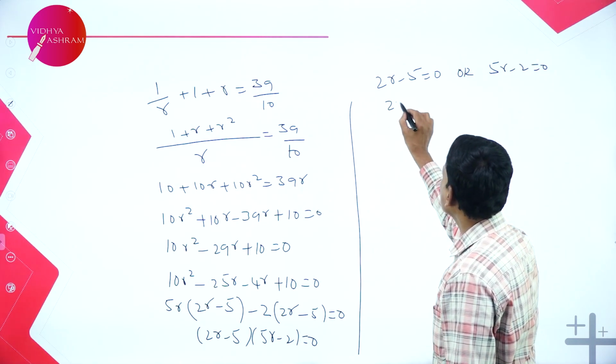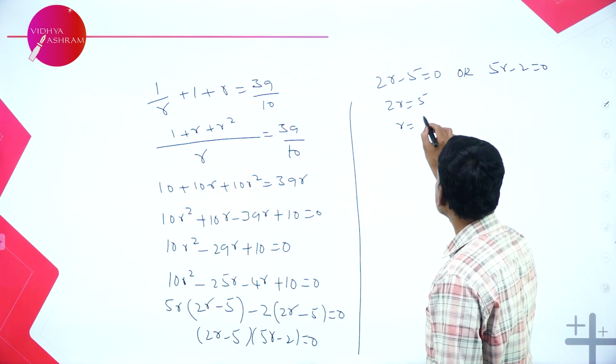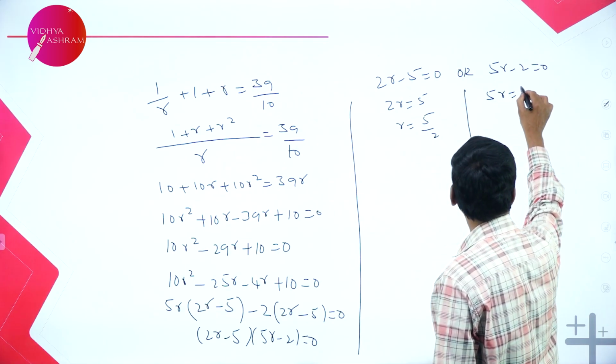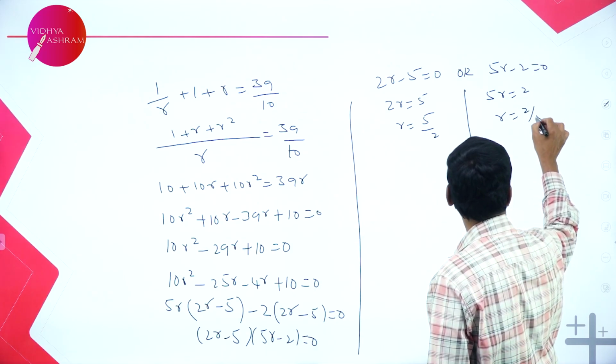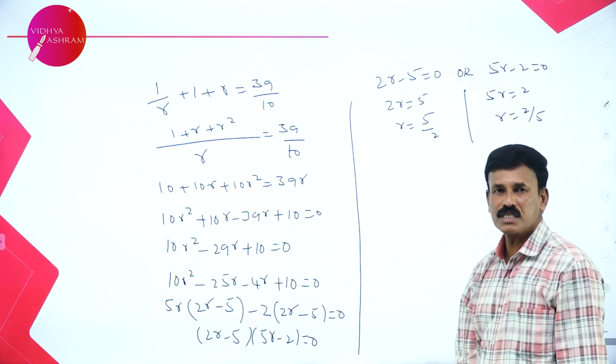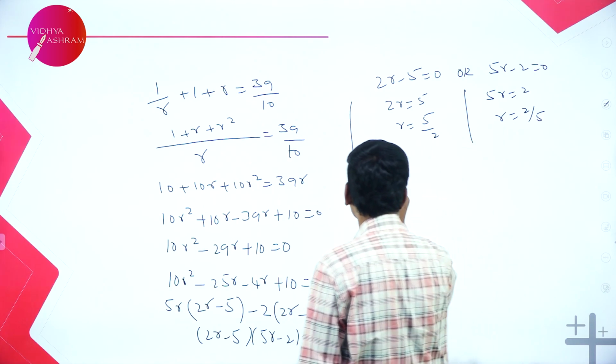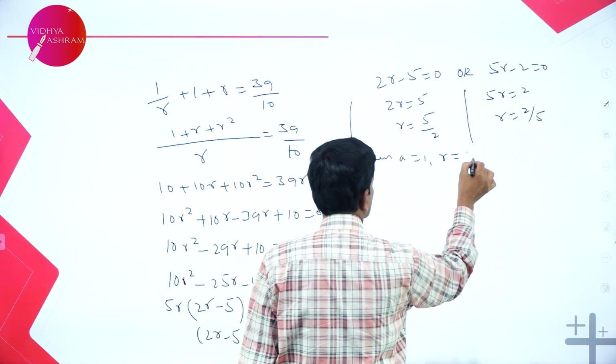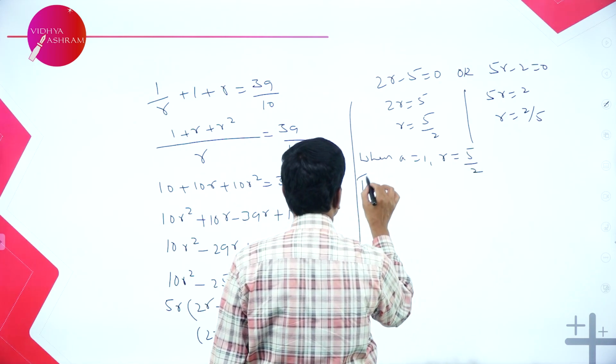That means 2r is equal to 5, or r is equal to 5 by 2, or 5r is equal to 2, r is equal to 2 by 5. So the value of r is 2 by 5 or 5 by 2. Now two cases arise. When a is equal to 1, r is equal to 5 by 2, the three terms